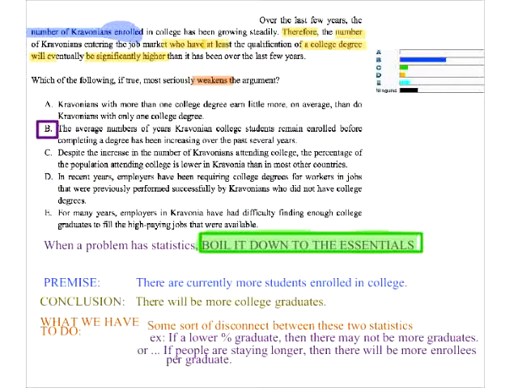Like, you can't do this thing where A is related to B and B is related to C and C is related to D, but by the time you get to A and D, there's no relationship. I mean, it's easy for that to happen. Don't let it happen. Make sure you stick to the point. In this case, the point that you want to stick to is what's the distinction between people enrolled and people who graduate. So earnings don't affect this argument, so A is wrong.